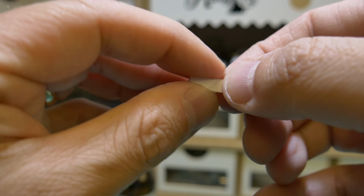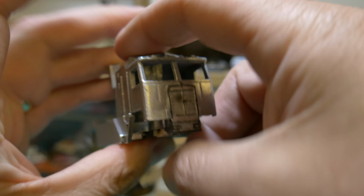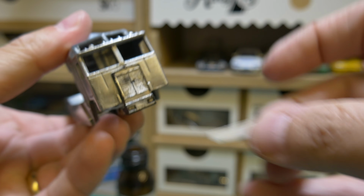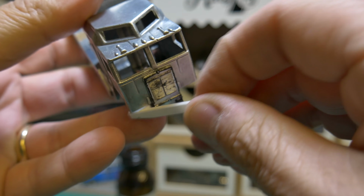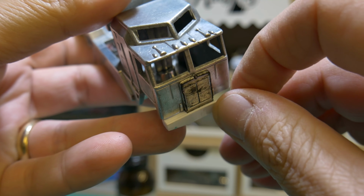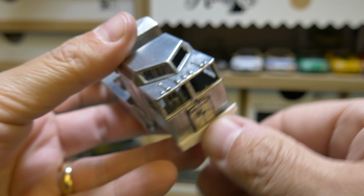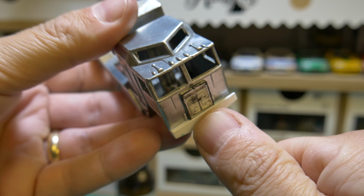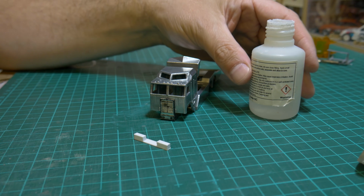And if you get it right, actually, you don't really have to use a lot of filler on these, just to fill in the seams between the pieces of material. If you get it absolutely cut square and filed right, once you glue them together, or bond them together, I should say, it's pretty much a seamless fit, especially when you come to paint it at the end anyway. But there you can just see all I'm going to do is stick it to the front, and I'm just going to glue it now